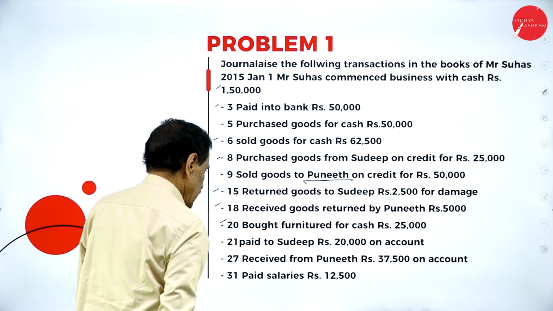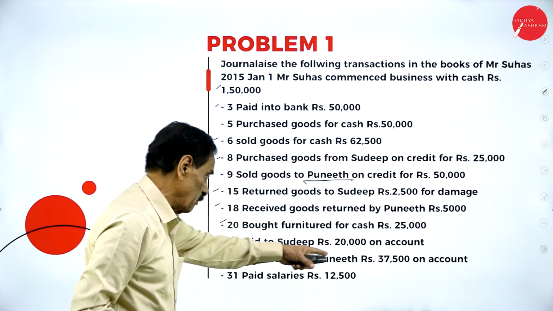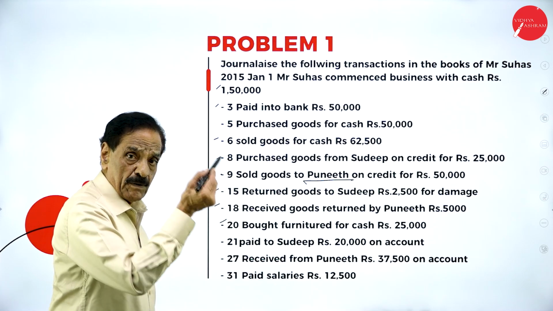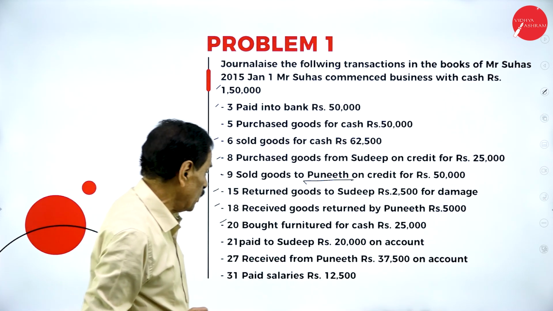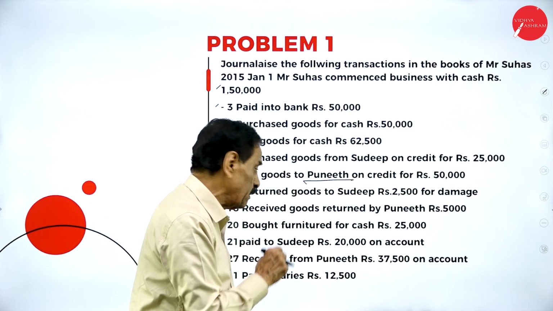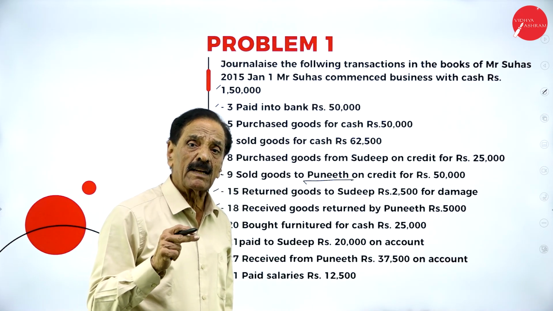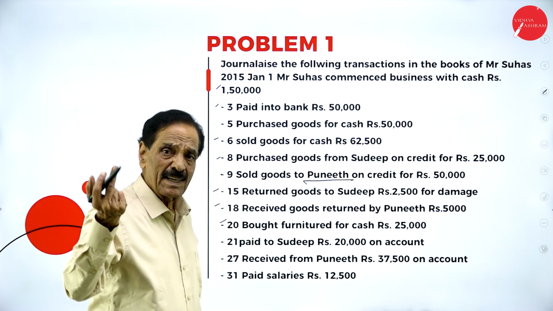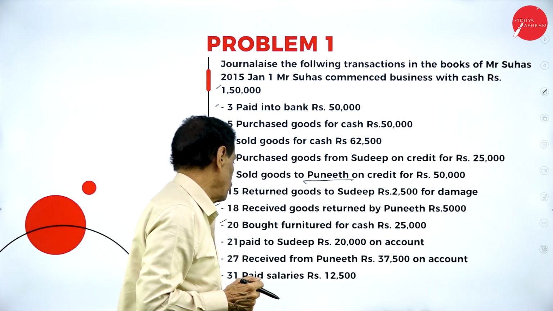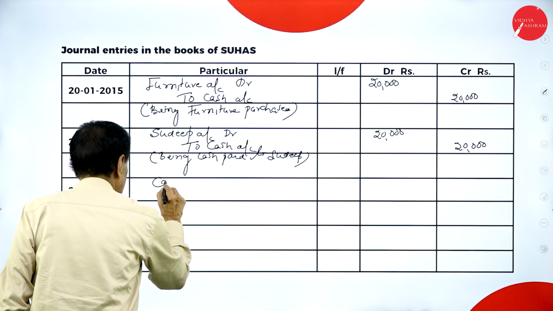Then on 21st, received from Puneet 37,500 on account. We receive the cash. Debit what comes in, credit what goes out. How much is coming in? 37,500. Debit. From whom? Puneet. Puneet is a personal account. What does the personal account say? Debit the receiver, credit the giver. Who is the giver? Puneet. Cash account debtor